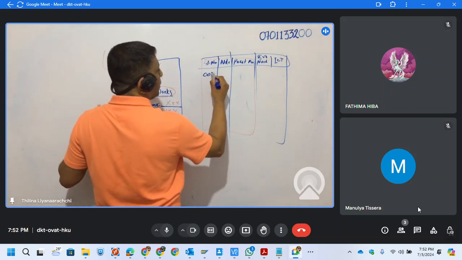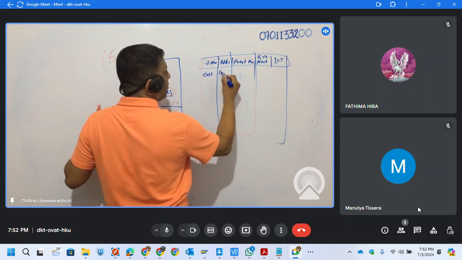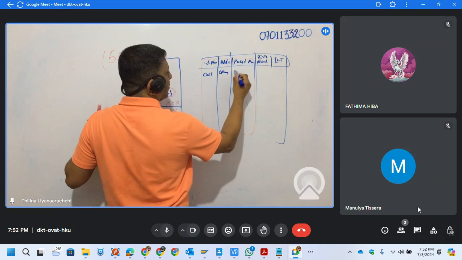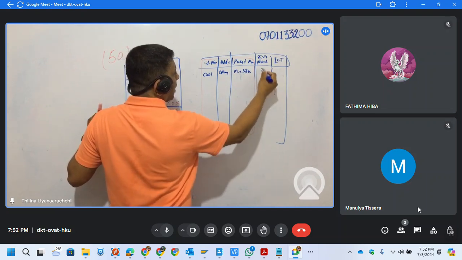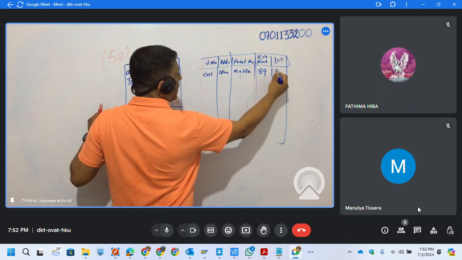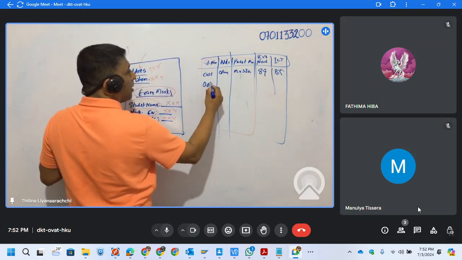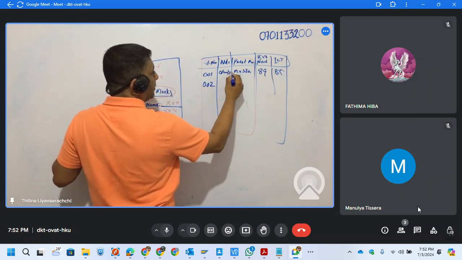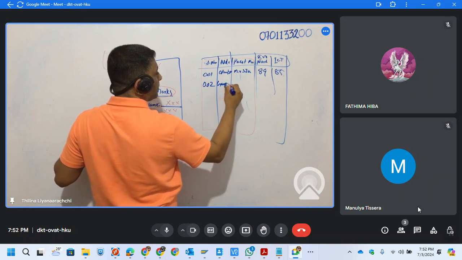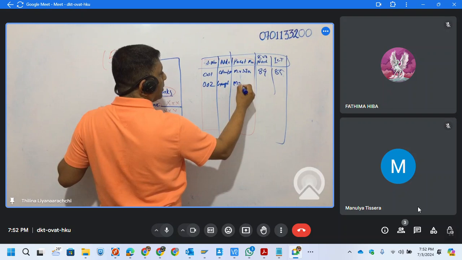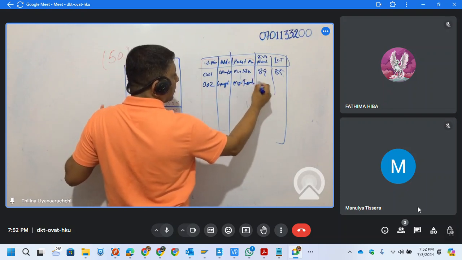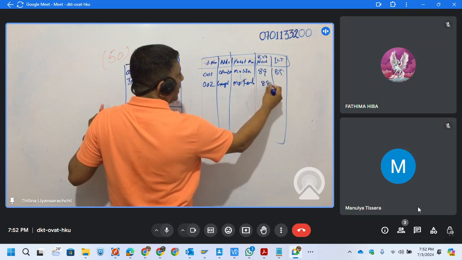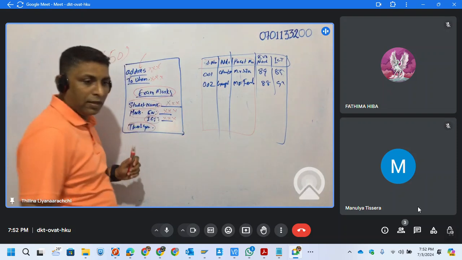Student name 001, address maybe Colombo, right? Parents' name Mr. Silva, right? Marks like English marks 89, ICT let's say 85. So student number two, Dampaha, right? Mr. Fernando, right? 88, 92. Like,